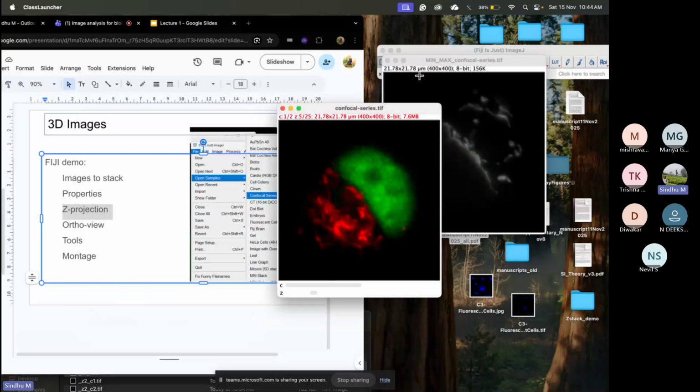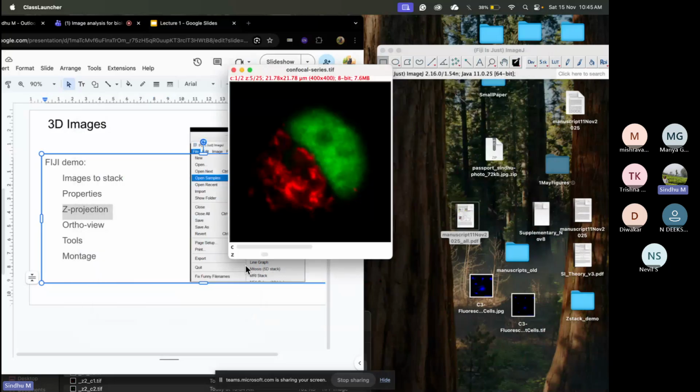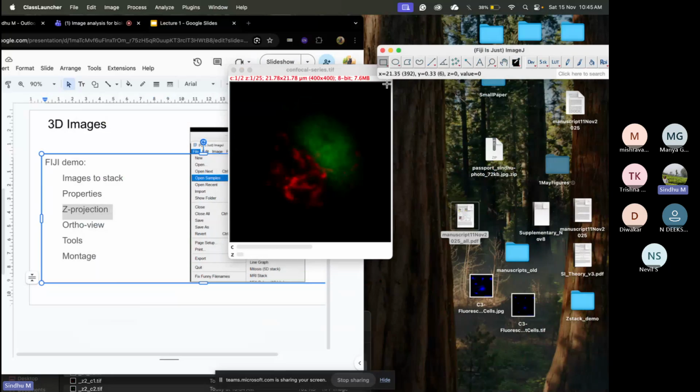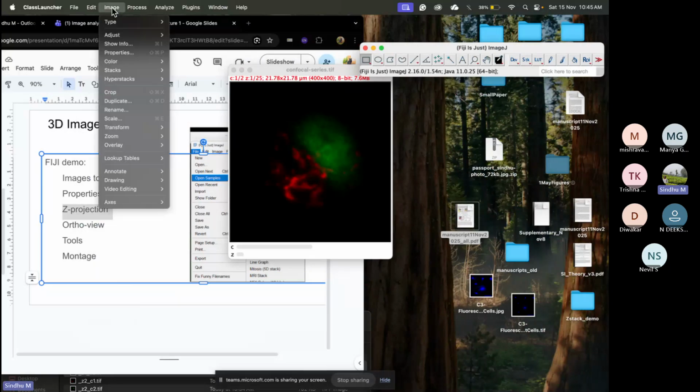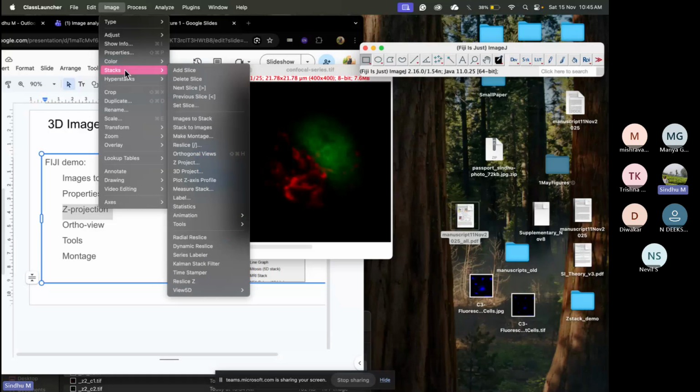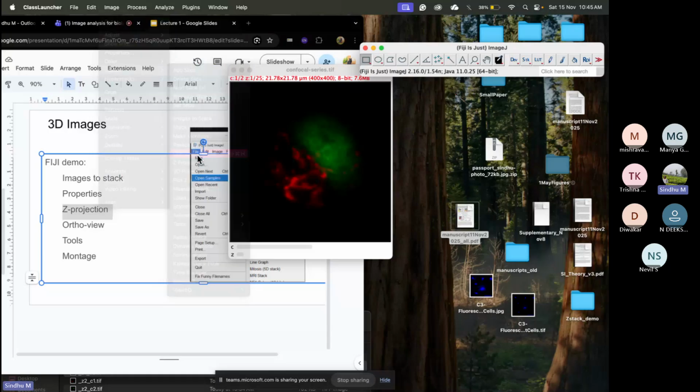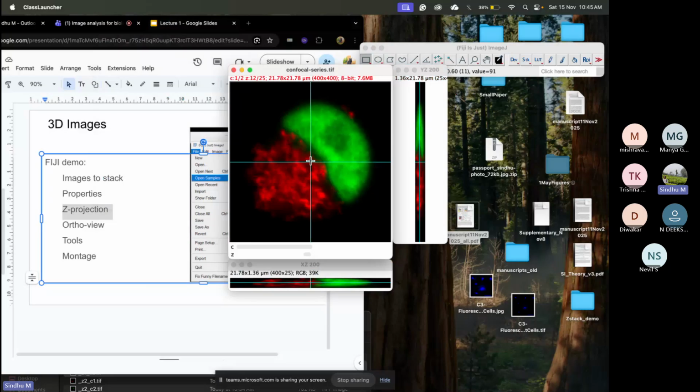So far we have been seeing these Z-stack images as a series of images. Right now you can just see the XY plane, and to see different Z planes, you have to move the slider. But you can also see the Z plane as a height using the orthogonal projection. So it's just again viewing the same data, but in a different way. Under image stacks, you can go to orthogonal views. And here you can select which part exactly you want to select. So for example, if I choose this region here,